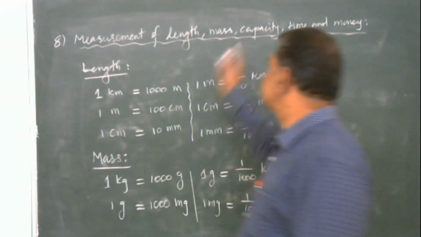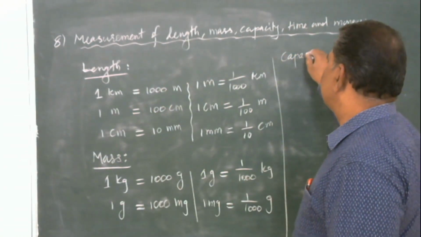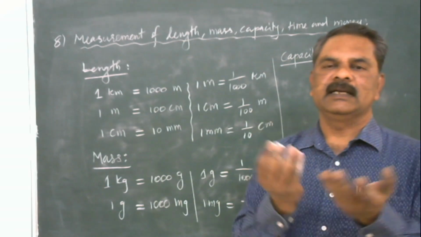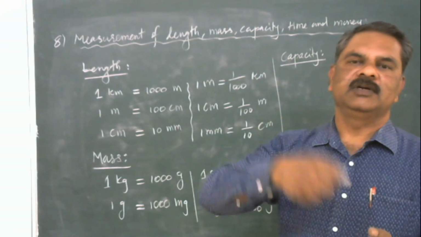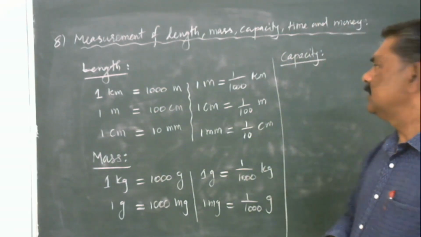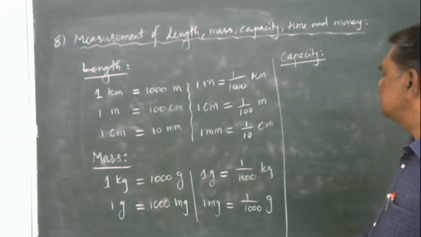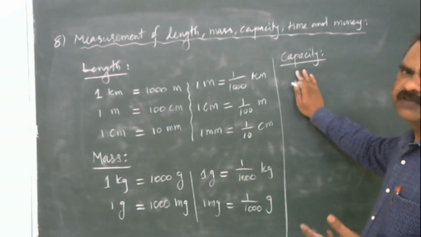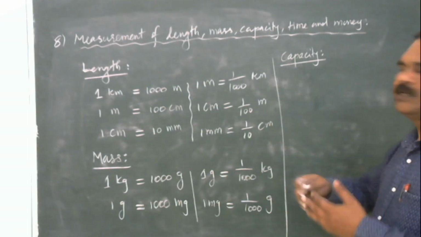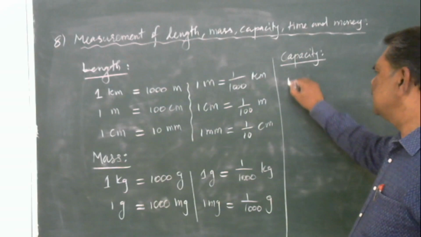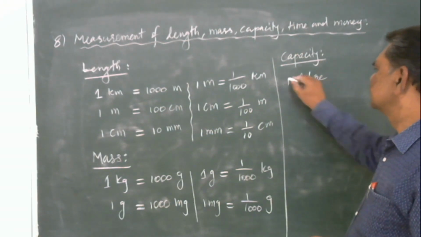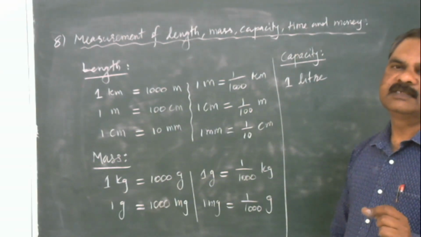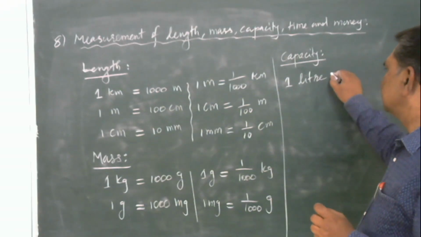Then the next is capacity, or volume. Any container has some capacity, it can hold things inside it. So we call it capacity. Capacity is, in other words, volume. Generally we use units of measurement, I will just take liters. 1 liter. All of you know 1 liter water bottle, Bisleri, is available in the market. So 1 liter is equivalent to